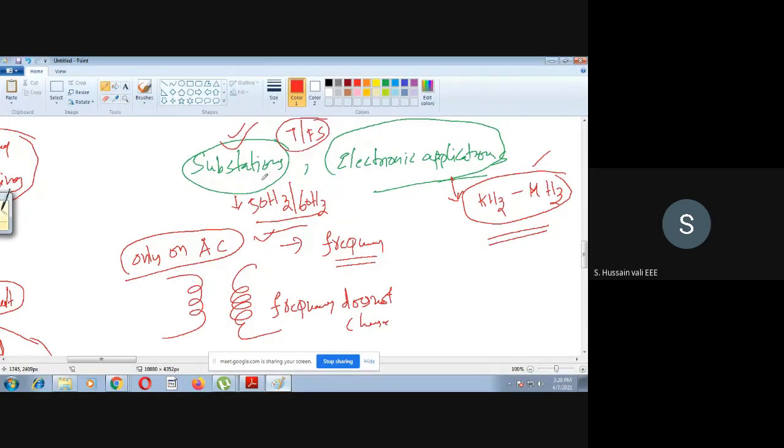That's important. Either in the substations also, you have seen the substation in our college, you will see the transformers. Those transformers generally operate at 50 hertz. Whereas in electronic applications, the transformers operate at very high frequencies. What I want to tell you here is that transformers are available which can operate from very low frequencies to very high frequencies. So you can design transformers which can operate at very high frequencies, or even at very low frequencies also we can operate.